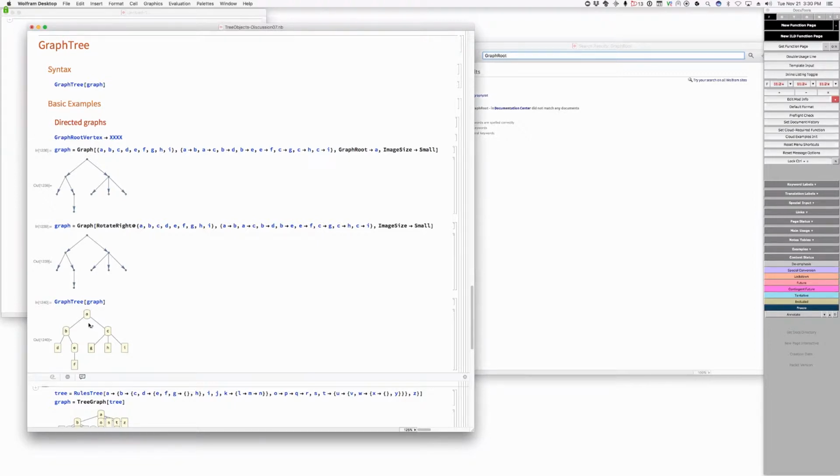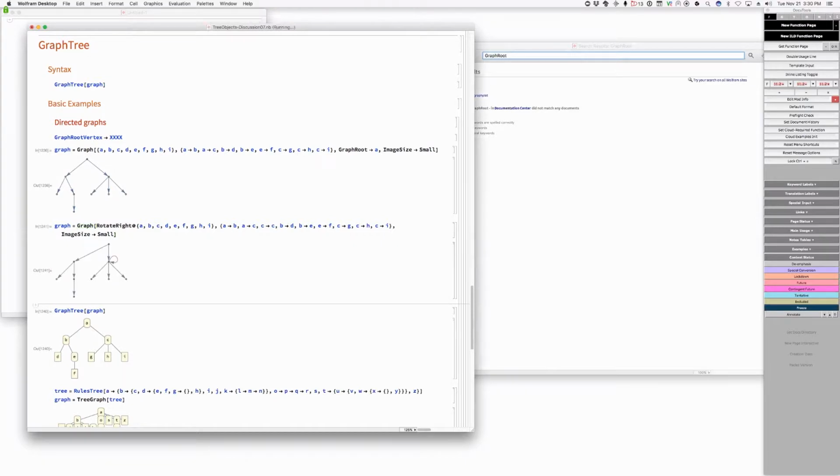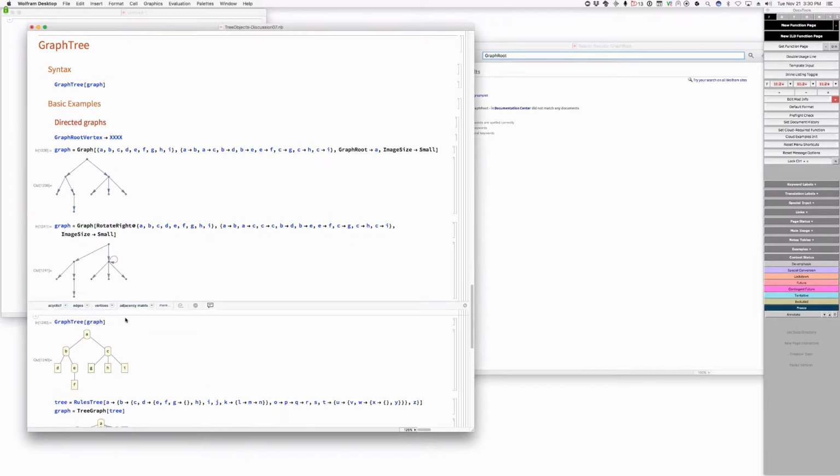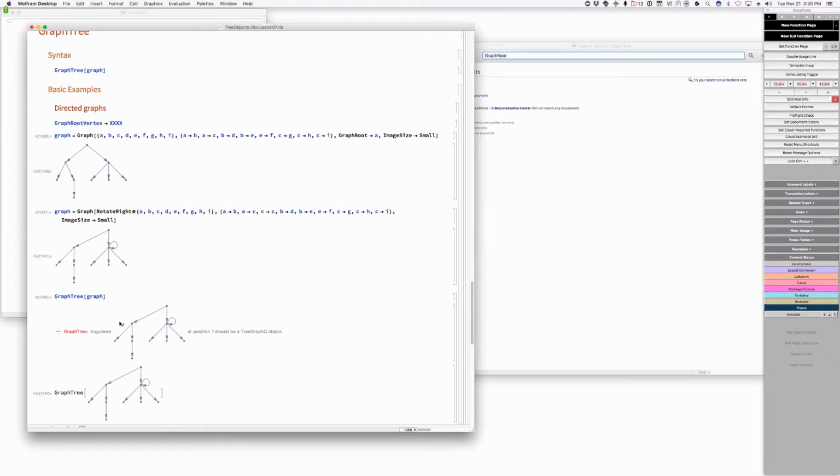I think, first, rather than. So let's say that I add here a C goes to C edge. Okay, some random thing. And now I say graph tree of that. Okay. That's not a tree. Yeah, I understand. It's not a tree. Why don't we just say position 1? Why are we saying it that way? I mean, the fact that it's a position 1 is, this is too kind of